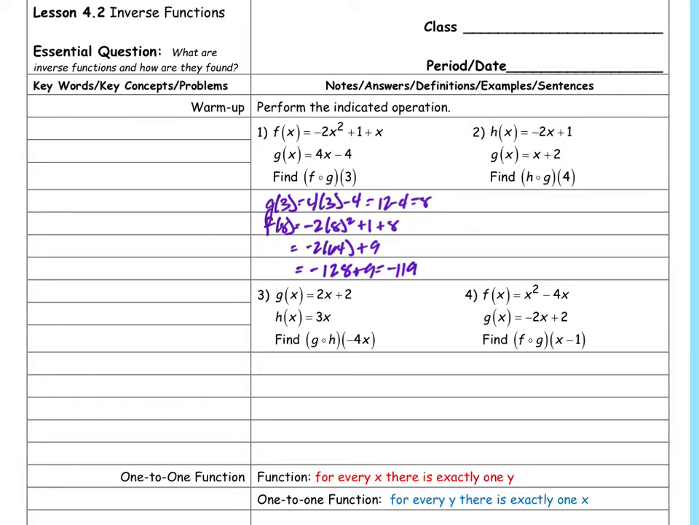Second one, I'm going to find g of 4 first. So that's 4 plus 2, or 6. And then h of 6 is negative 2 times 6 plus 1. Negative 12 plus 1 is negative 11. Okay, and then